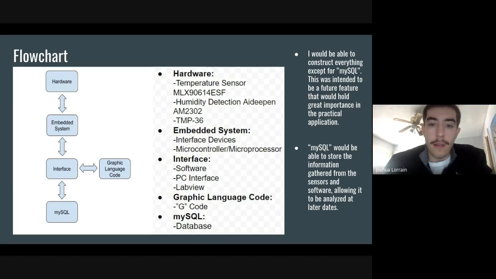And then into the interface, it's the software. It's on your PC, and we're using LabVIEW. And LabVIEW, the coding in LabVIEW is a graphical language code. It's G code, but there's a couple G codes out there, and it's not the one for automation. It's another G code. But yeah, and then